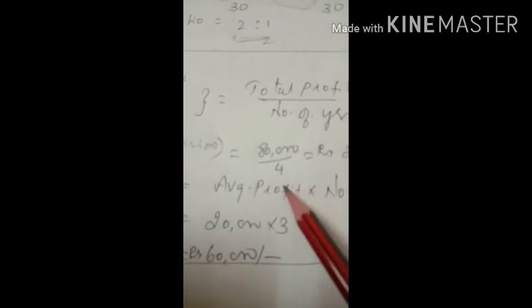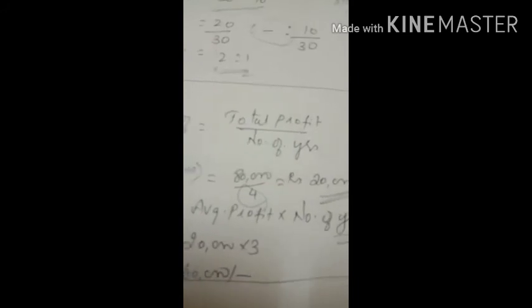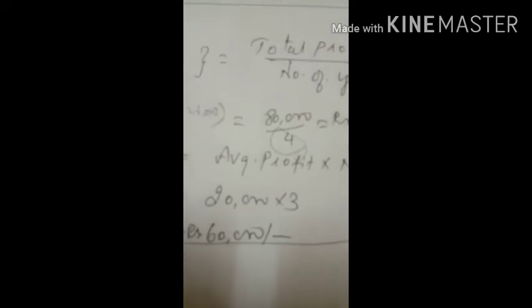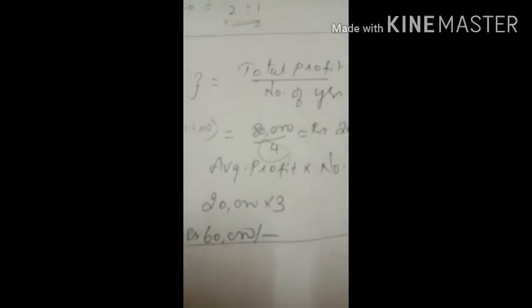So goodwill is equal to average profit. What we have got is 20,000 as profit, into 3 years of purchase. They have given 3 years of purchase of profit to be taken into account to calculate the value of goodwill. So we have to take these 3 years, not the 4 years. The 4 years is for finding the average profit. You should not get confused with the number of years of purchase. Number of years of purchase tells about the years of purchase of profit that should be taken into account. So you take 3 years of purchase with the average profit to calculate the value of goodwill. This is how we have to understand.